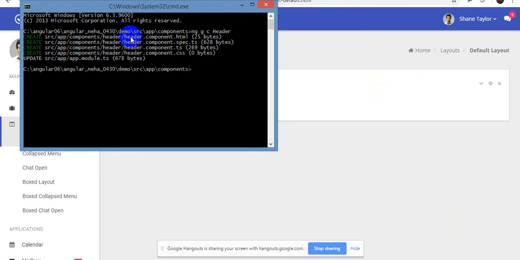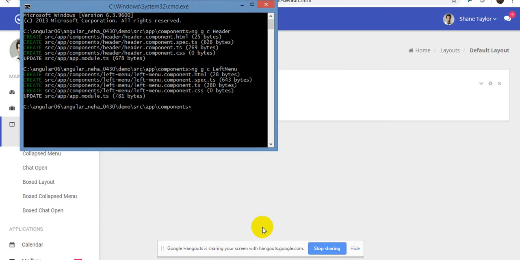Okay, it has created the file name header.component.html. Okay? So that's the way it works. If I write left menu, you see how the file name is created. That's why I specifically write that. If I create this left menu, L is small, and before menu we use the dash. This is the convention of creating file names in open source technologies. So M becomes small, and previously we add the dash. It does that automatically for you.